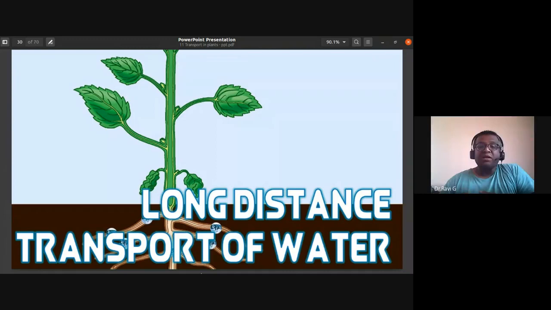which is around 110-meter tall. And you know that this transport of water or uptake of water, also called ascent of sap, is against the gravitational force. It takes place through the xylem, and it has to reach against the gravitational force in a single direction. It is a unidirectional flow. So what forces are responsible for this mechanism of transport of water?